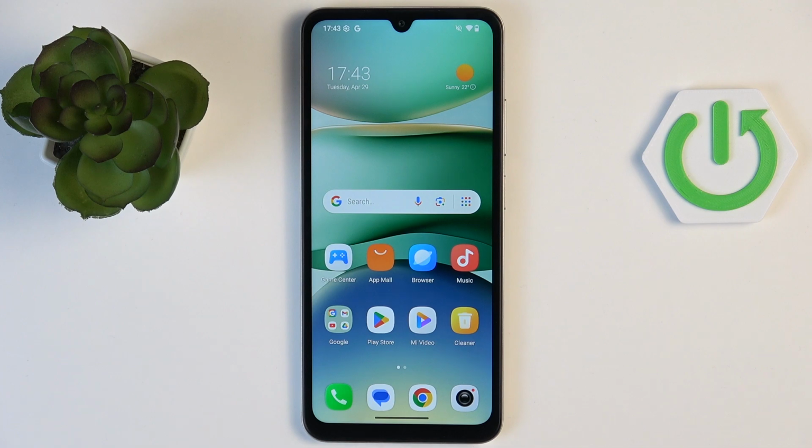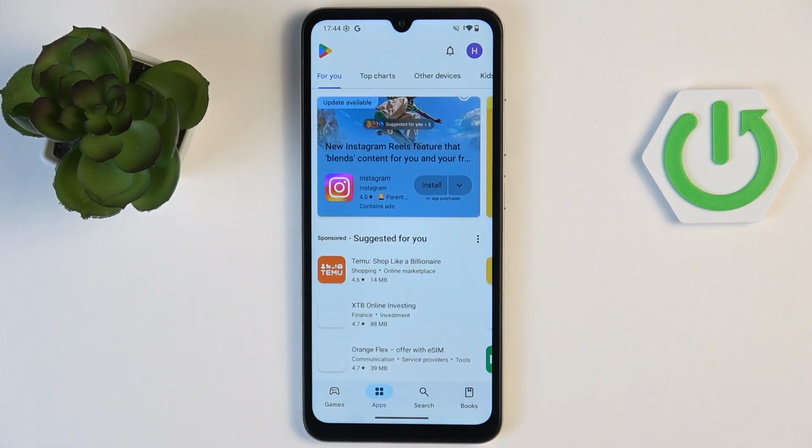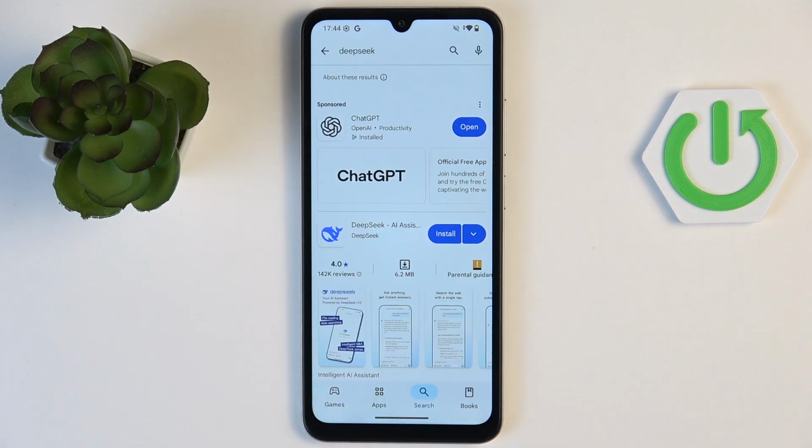Unfortunately, the problem of fake applications is usually found on Android phones within the Play Store itself. On the App Store from iOS, I don't think there is that big of an issue. However, if we go to the Play Store right now and search for, let's say, DeepSeek, because it's the topic of this video, we can see that currently at the very top we have ChatGPT, which is